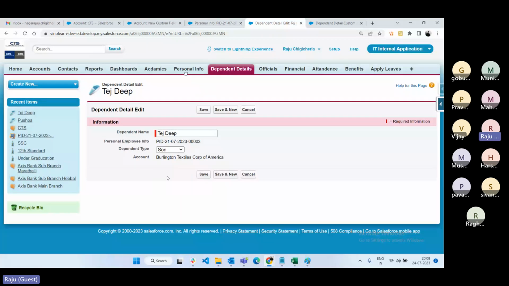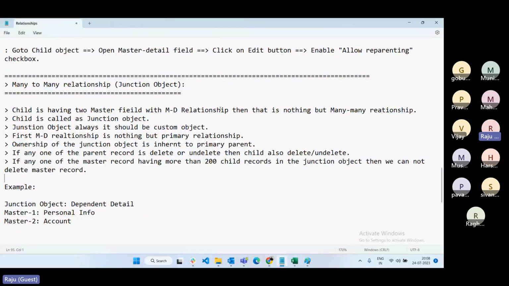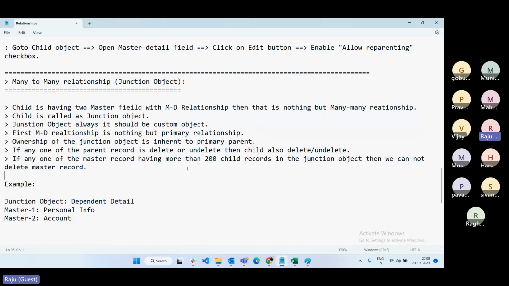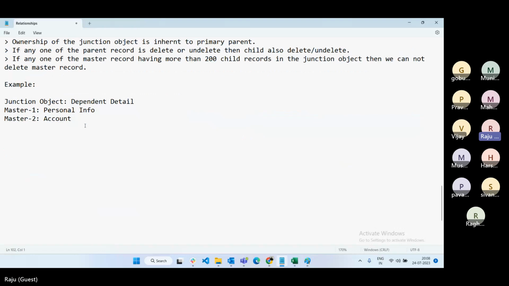Okay, just theoretically we can remember. Practically, the creation is the same as master detail only. At least you have to remember what a junction object is and why we go for this. This is something like a junction object. Any questions? They will ask, one of the questions is, can you please tell me what are the standard